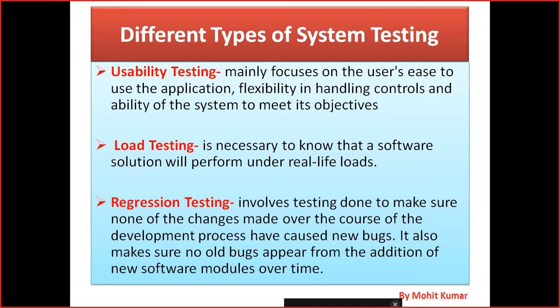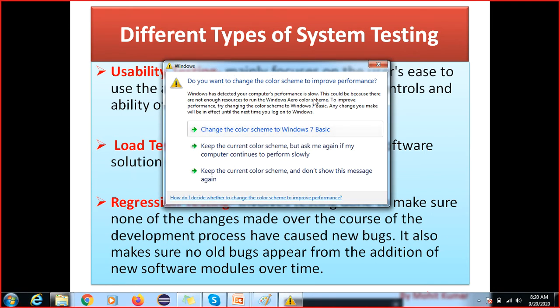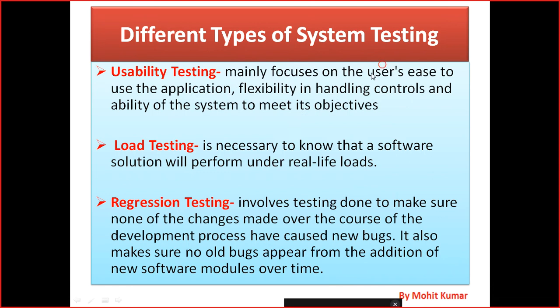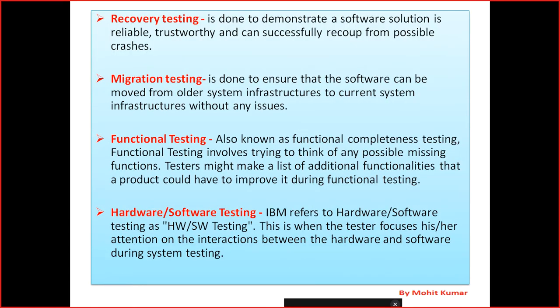Got it, right? We have to understand this with one real-time example. I told you, release 1, release 2, release 3. These are regression testing. They are changing something and deploying the application in the testing environment. Then we need to test, and then we need to deploy our application in the production environment, right?